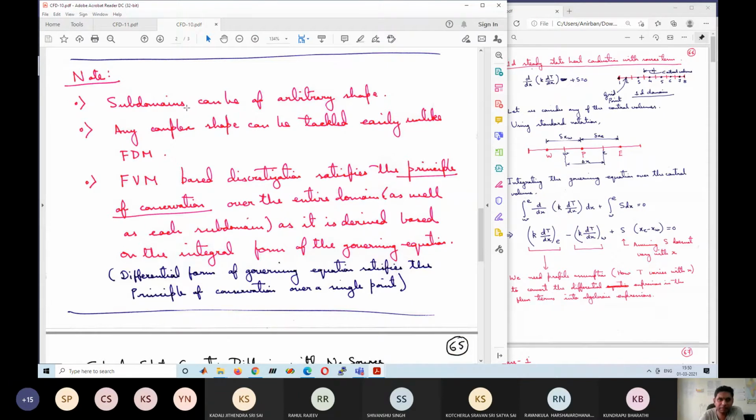Unlike square or rectangle. As a result, we can solve the CFD problem for any complex shape using the finite volume method. Unlike the finite difference method, using the finite volume method any complex shape can be tackled, because we can create arbitrary shapes within that complex shape to fit the shape of the actual domain. This is not so in finite difference.